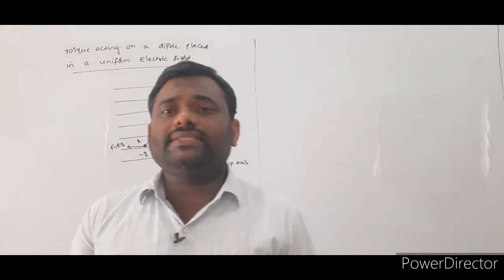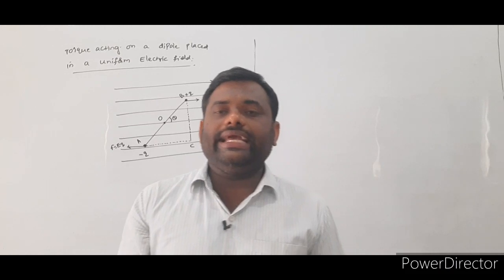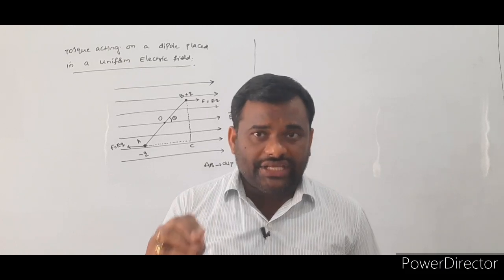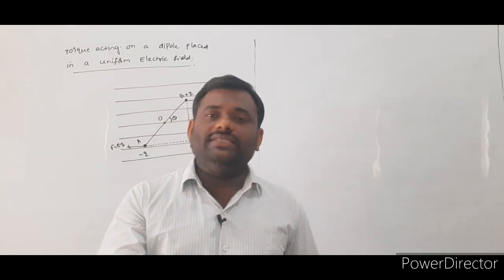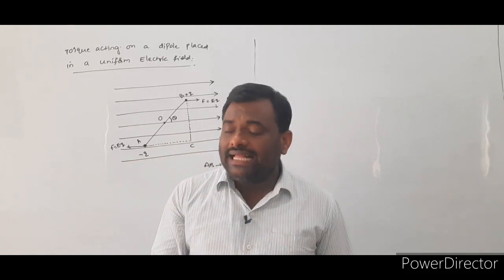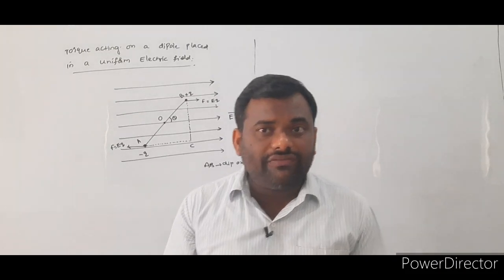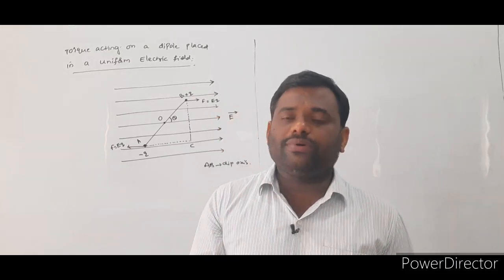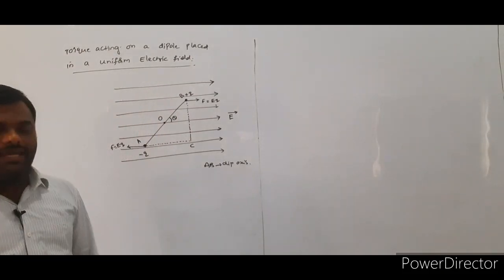First we will discuss what the uniform electric field is. At any point in the given electric field, if both the magnitude as well as the direction of the field do not change, such a type of field we call a uniform electric field. In the case of the uniform electric field, at each and every point, the magnitude and the direction of the field do not change.